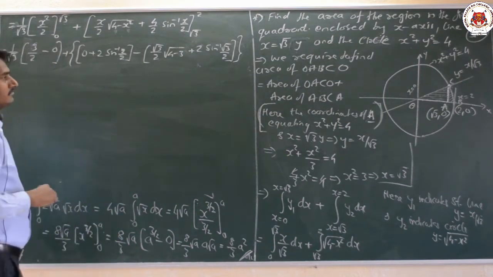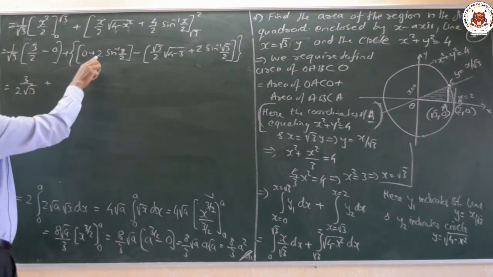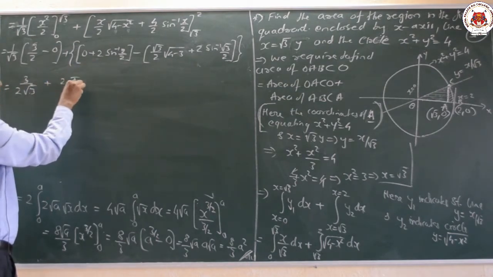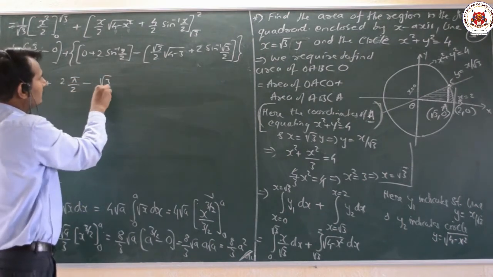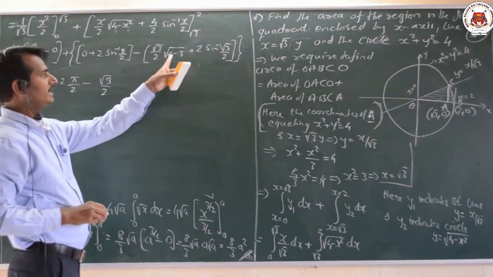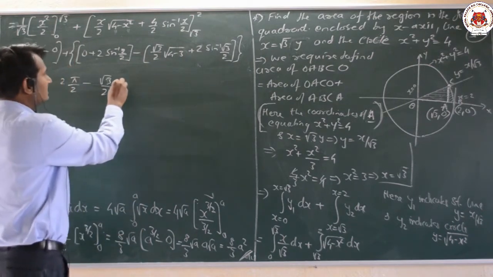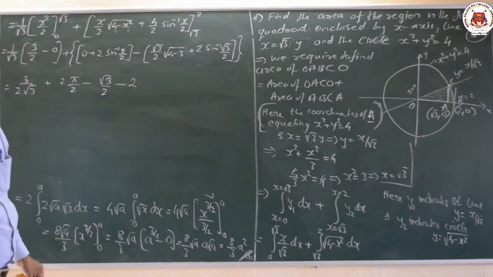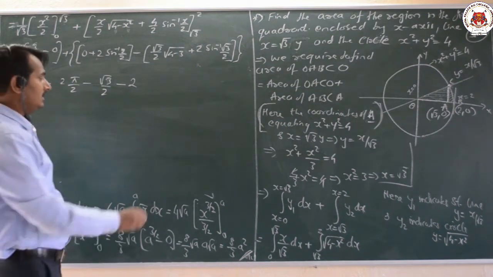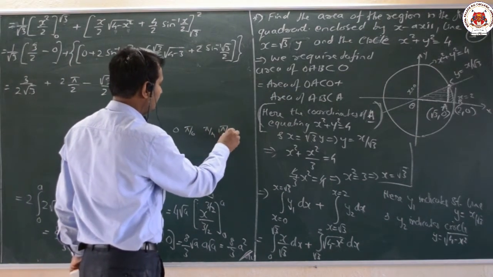Okay. Now next thing is, which is equal to, here I can write as 3 divided by 2 root 3, okay, plus, next here 2 sine inverse of 1, that is nothing but here 2 pi by 2, minus, here you can observe that it is nothing but our root 3 by 2 here. Dear students, it is nothing but 4 minus 3, that value will be 1, and here minus into plus is minus, here 2 into. Now what is the value for sine of, okay, that is root 3 by 2. Okay, that is nothing but here 0, pi by 6, pi by 4, that is nothing but here pi by 3, pi by 2.